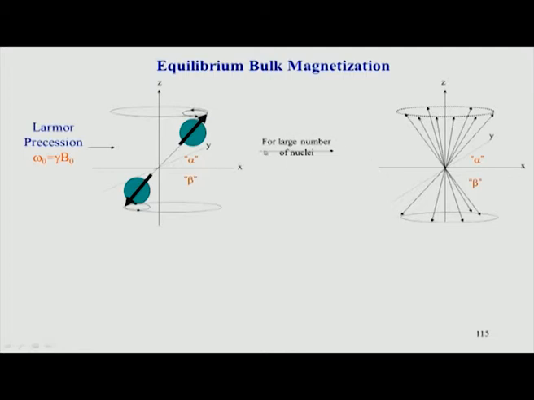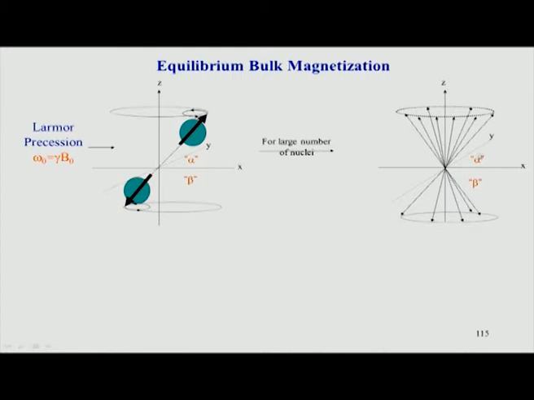So, if we now take a large number of nuclei, remember we do not deal with 1 or 2 nuclei or spins, we have a collection. For example, if you take 1 ml of water, you have a huge number of spins, and that 55 molar is the concentration. You can see they are represented like this. There are a large number of arrows spread over this magnetic field, and all of them are precessing. That is not shown here, but you have to keep in mind that all these spins are precessing or revolving around this magnetic field, but they are not together, they are distributed over this cone. This is called the random phase approximation in NMR, and this is what we saw in the previous classes.